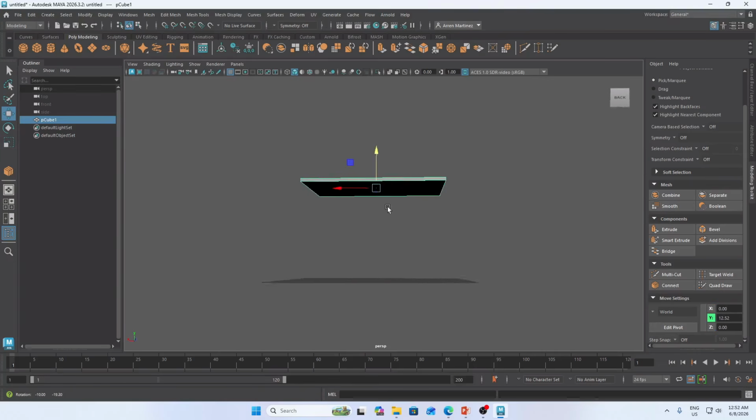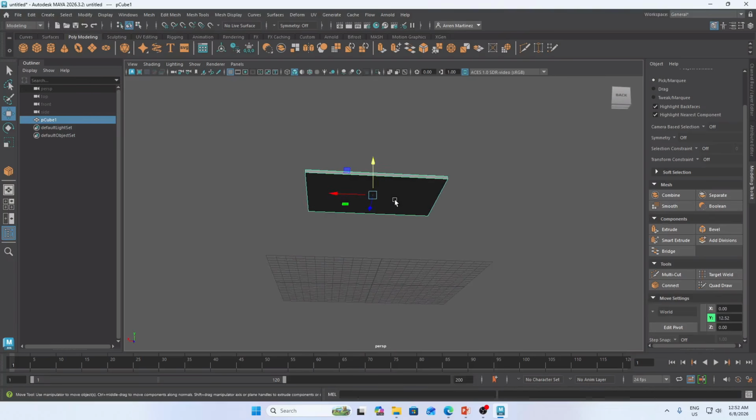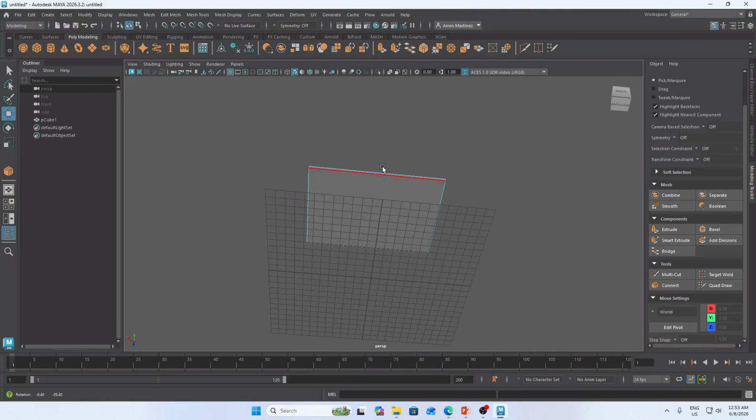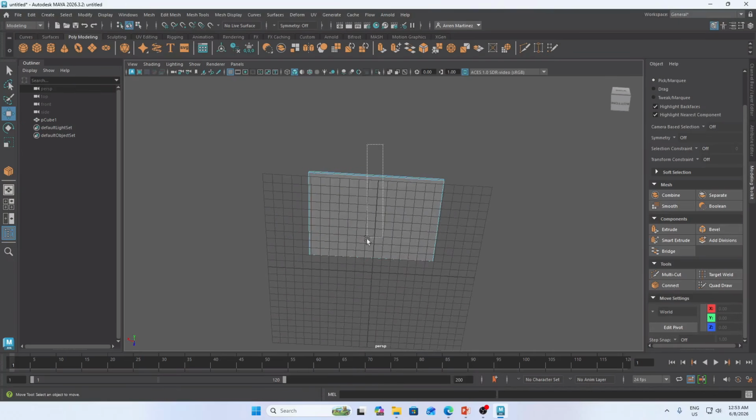I will use move. Okay, and then what we need to do is hold right click, go here into edge, and then highlight it vertically.